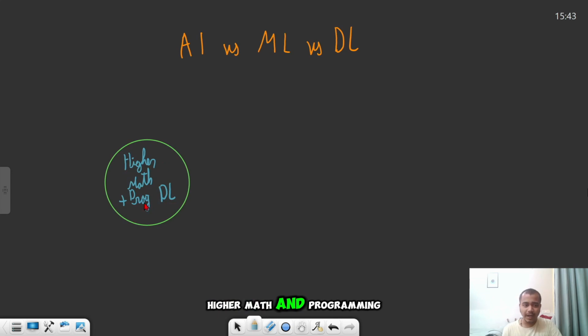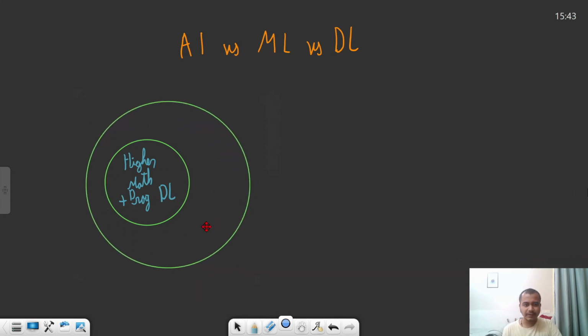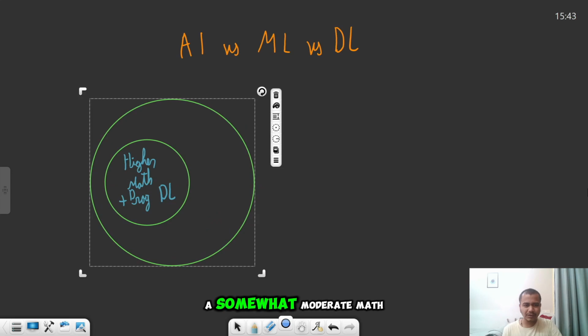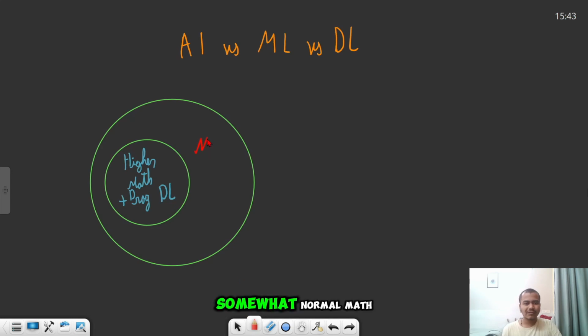Higher math and programming, we call it deep learning. But if you don't go into that much higher math, just somewhat moderate, normal math plus programming, we call this ML.